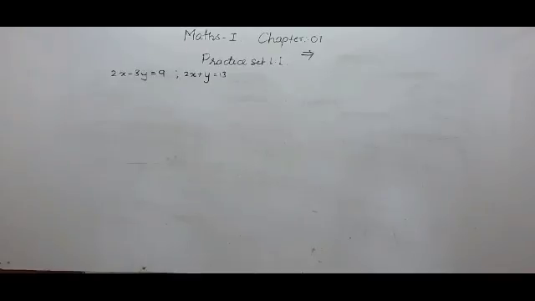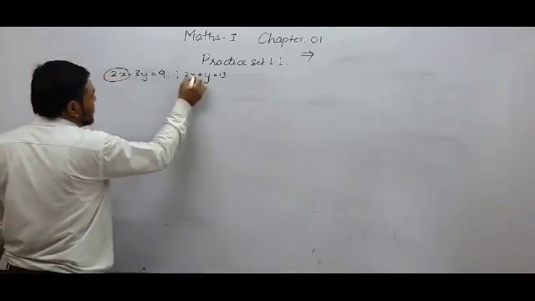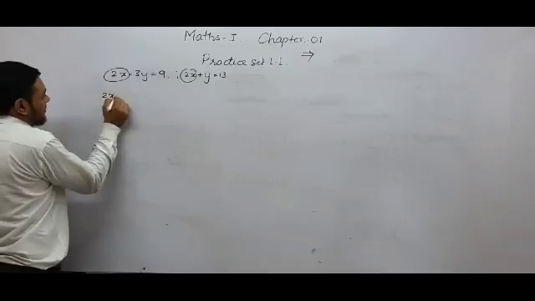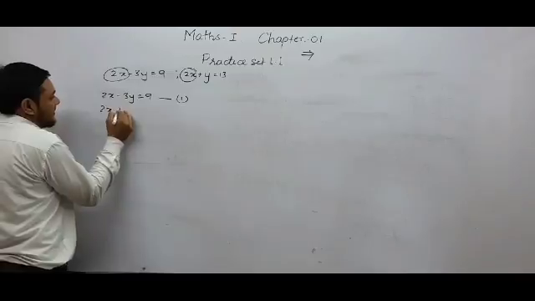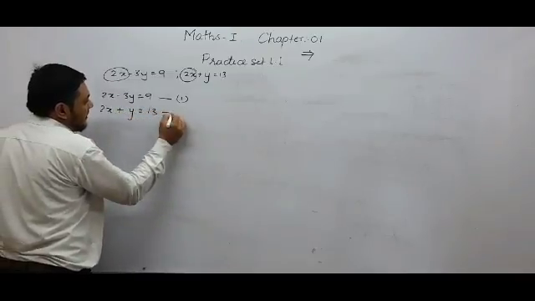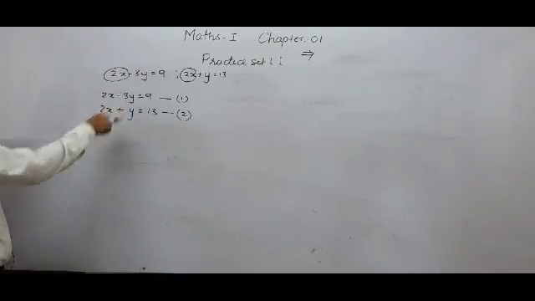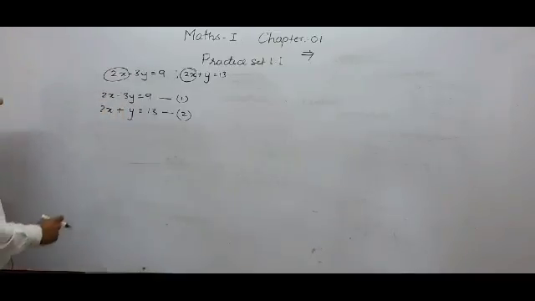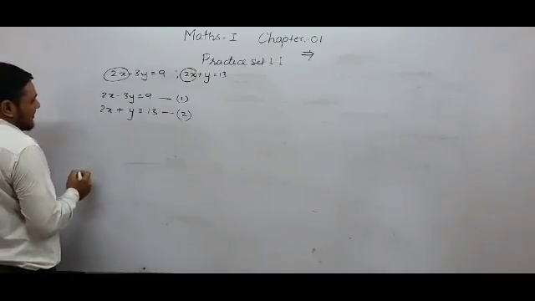So now the next question is 2x minus 3y equal to 9, 2x plus y equal to 13. Students, if you observe, here it is 2x, here also it is 2x. 2x minus 3y equal to 9, let this be equation 1, and 2x plus y equal to 13, equation number 2. You can also multiply the second equation by 3, and then you can add, and you can also subtract these equations. There are several methods, there may be more than one or two methods to solve the same equation. So see, I will make the subtraction here.